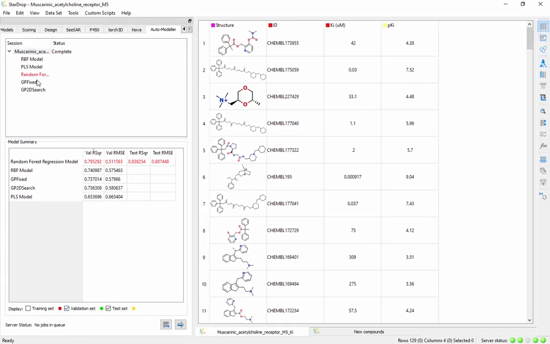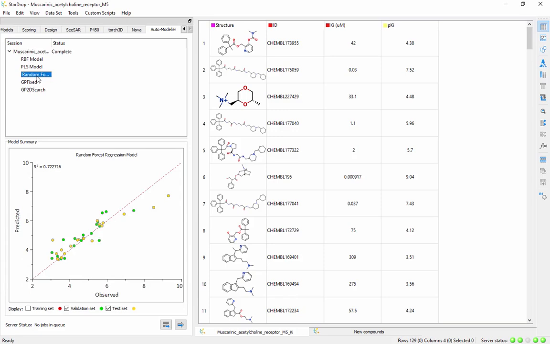Select a model to see a plot of the results for the validation and test sets and confirm that the model is producing reliable predictions. You can hover the mouse pointer over a data point to see the corresponding structure. If you're happy with the results for a model, you can save it so that you can apply it to new compounds to predict the potency and visualize the structure-activity relationship. In this case, we'll save the random forest regression model. So, right-click on the random forest regression model under the modeling session in the Auto Modeler area and select the Save